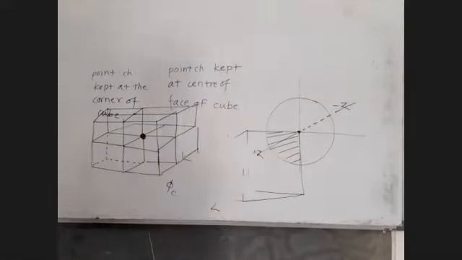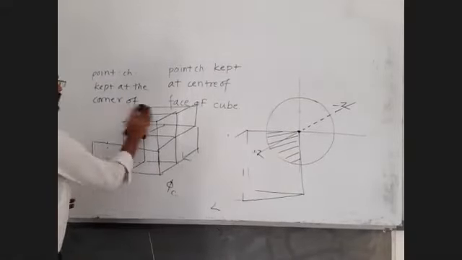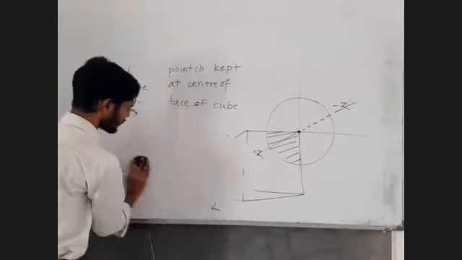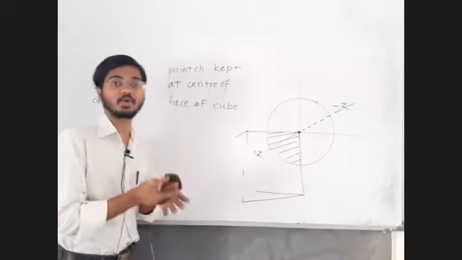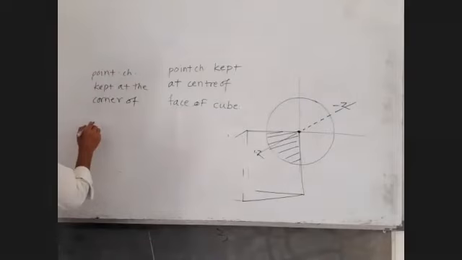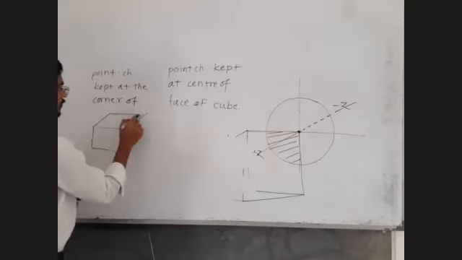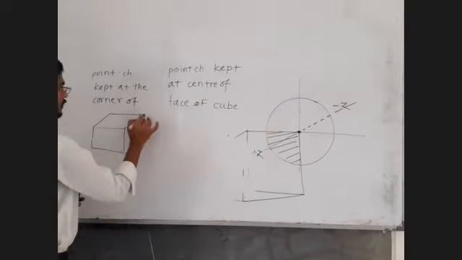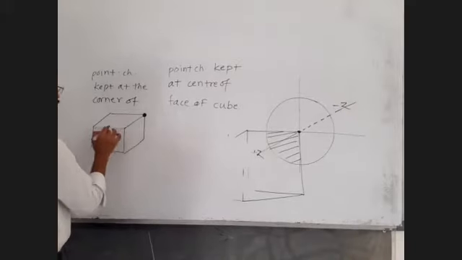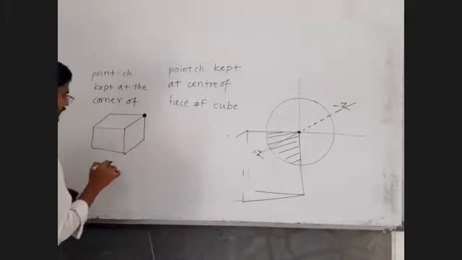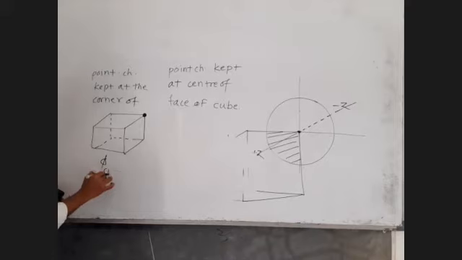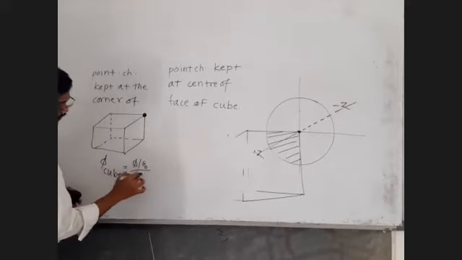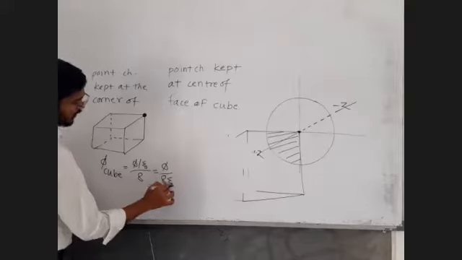Fine. So how much flux will be associated with the cube when the charge is placed at the corner? Sir, 1/8 share, because such 8 cubes are required to symmetrically enclose the charge. So when the charge is placed at the corner of the cube, such 8 cubes are required to enclose the charge symmetrically. Then every cube will have a share of phi upon epsilon 0 upon 8, or phi upon 8 epsilon 0.